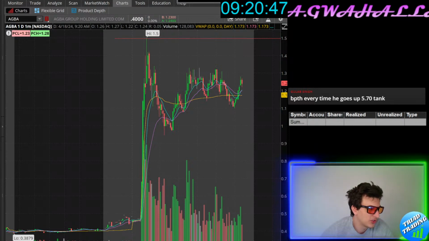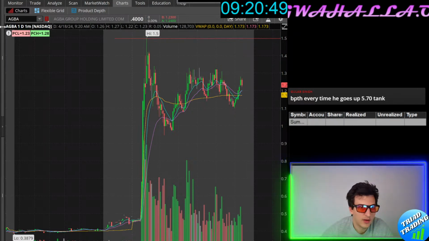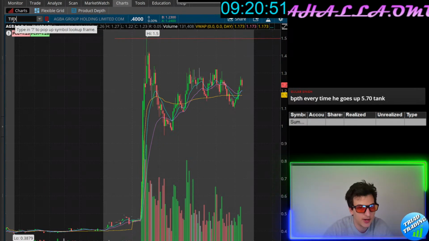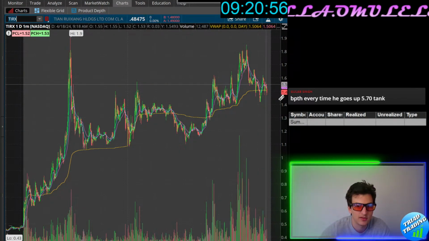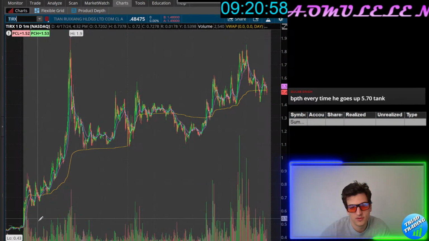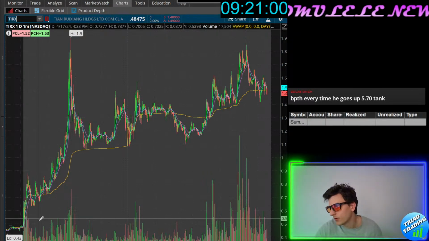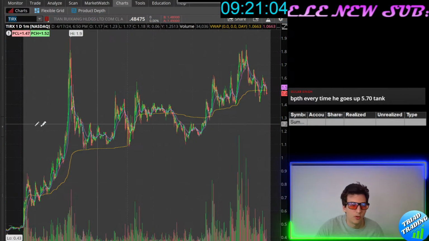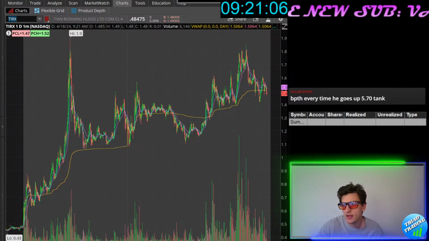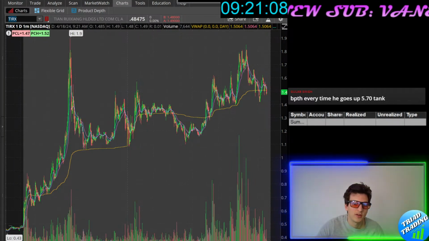definitely on watch. It's now tied with the leading gapper, TIRX. TIRX is the leading gapper. Take a look at this one next. Again, it closed below 75 cents, so it's going to be very tight halt bands. And again, AGBA is going to be tight halt bands. I don't like trading tight halt bands